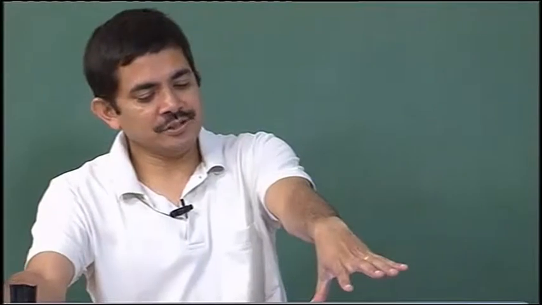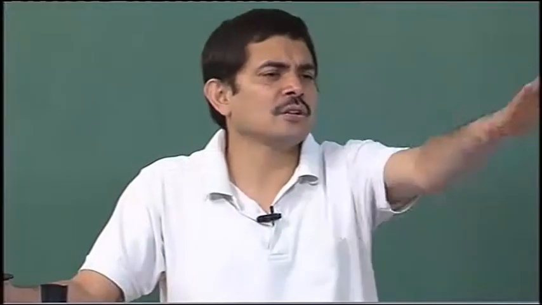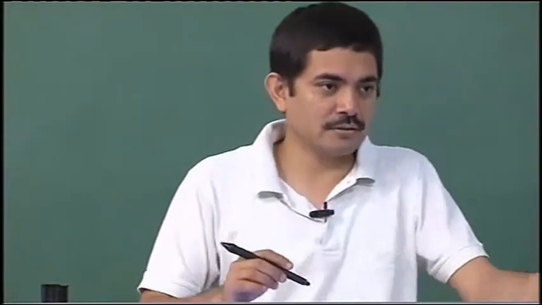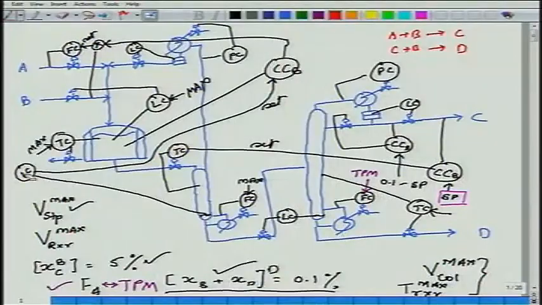The problem with this control system is what? A very unconventional level controller, where you are adjusting the reactor temperature or limiting B composition, limiting reactant composition in the reactor. Operators may not be comfortable with it. They may say, well, this level controller is not acceptable to us, we will have problems in startup, shutdown, whatever, or I don't trust you, I have never done it in my life before, I won't do it even now, no matter how great a guy you are, right. So that fellow says that this level controller is not acceptable. Well, if it is not acceptable to the operator, you can't implement it.